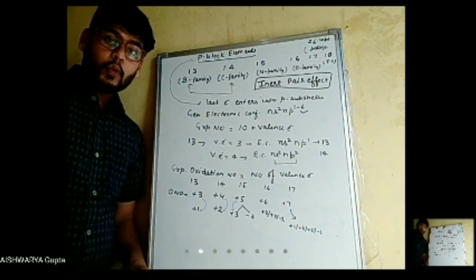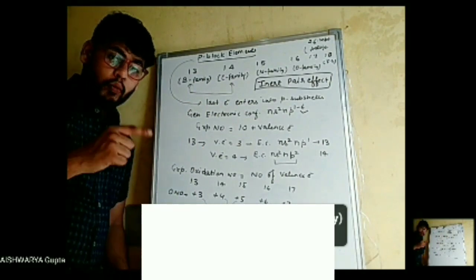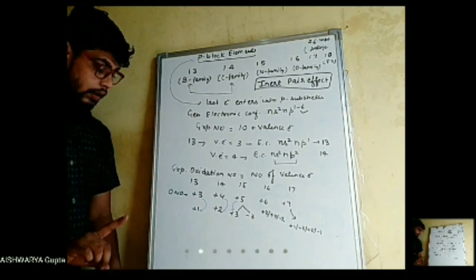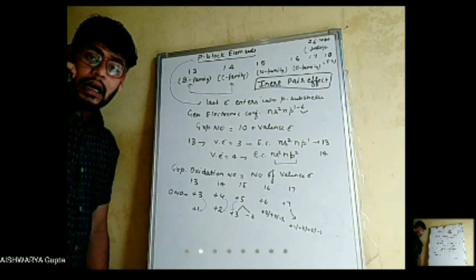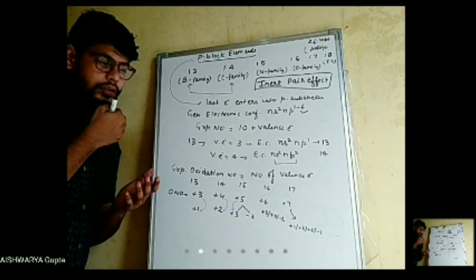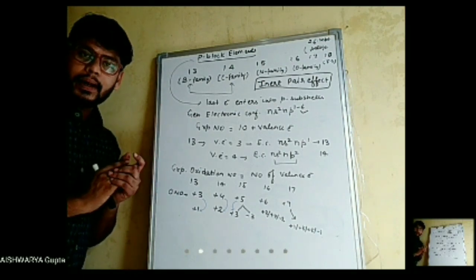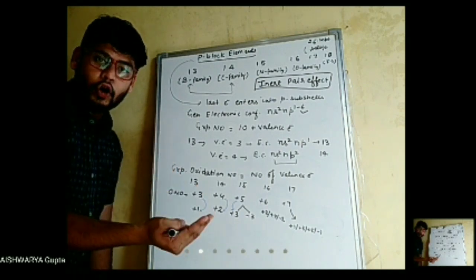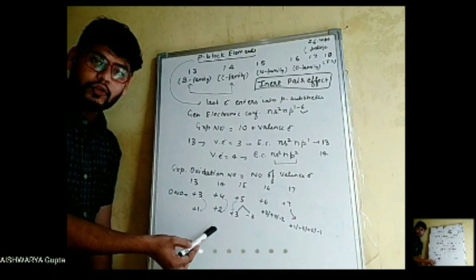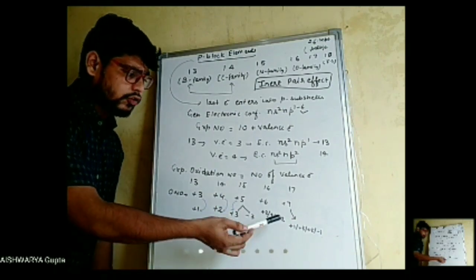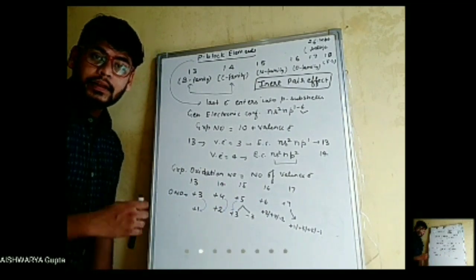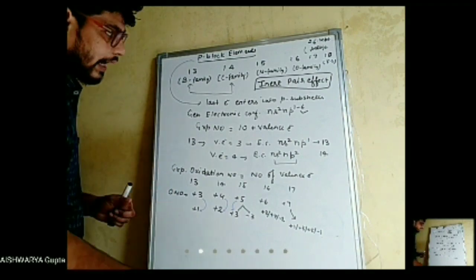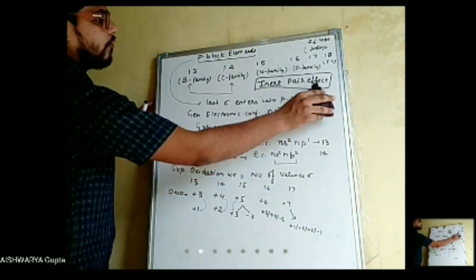Okay. Now I will proceed towards the inert pair effect. Why the concept of inert pair effect has come, I will recall again, because there was some common thing that was followed in all the p block elements, all the groups in the p block: the ability to show an oxidation number 2 units less, like +3 to +1, +4 to +2, +5 to +3, +6 to +4, +7 to +5. This is common in all, the difference between two oxidation numbers is 2 units. Now let's try to understand what the inert pair effect is and why it is involved here.